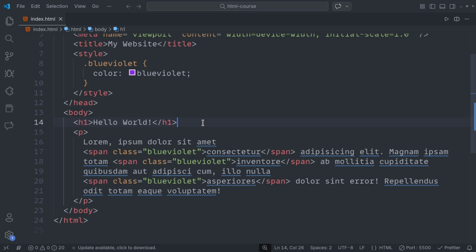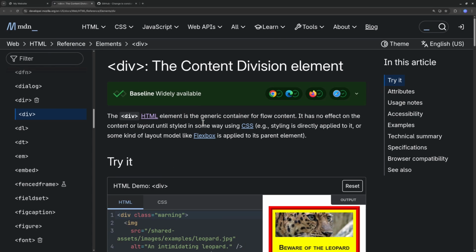Hey, welcome back. In this video, we will be learning about the div element in HTML. So if I just go on the MDN documentation about the content division element, in short, this is the div element, okay? The div HTML element is the generic container for flow content. It has no effect on the content or layout until styled in some way using CSS. Examples: styling is directly applied to it, or some kind of layout model like flexbox is applied to its parent